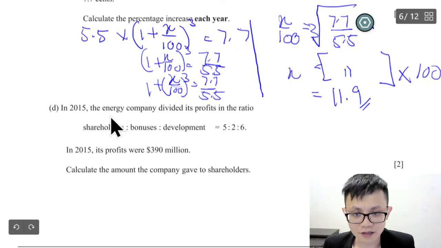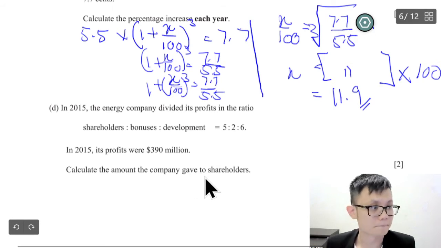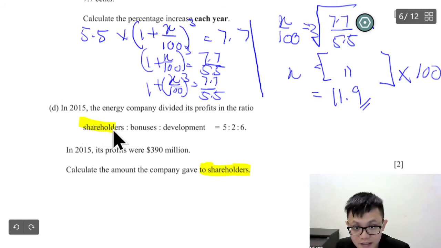In 2015, the energy company divided its profit in the ratio of shareholder bonus developer 5 to 6. In 2015, the profit was 390 million. Calculate the amount the company gave to the shareholder. So the shareholder is 5, correct or not? So what we need to do is maybe